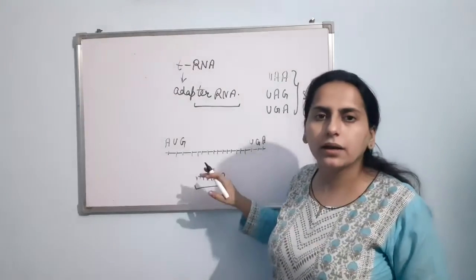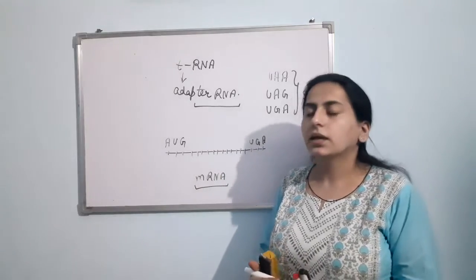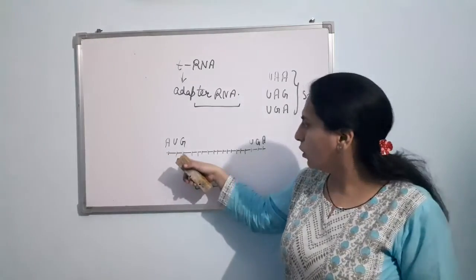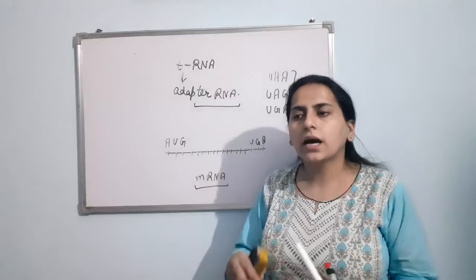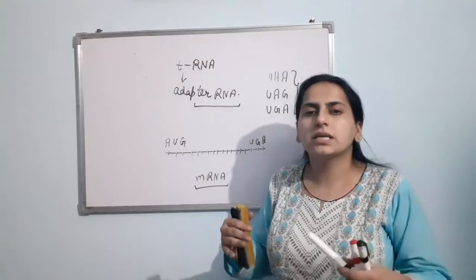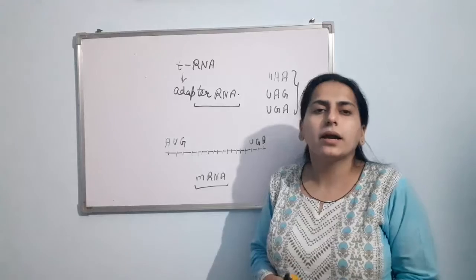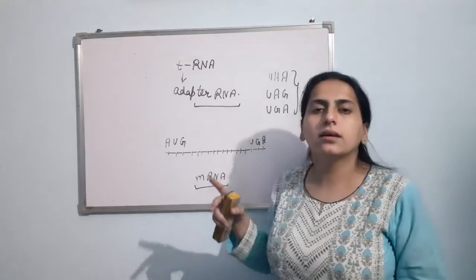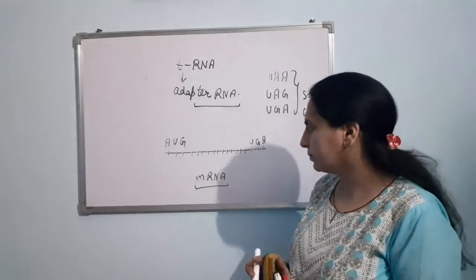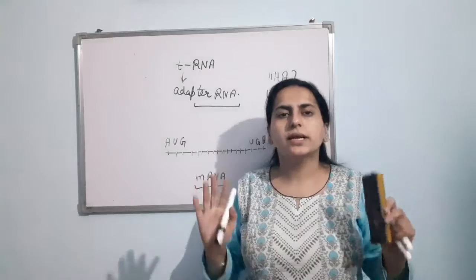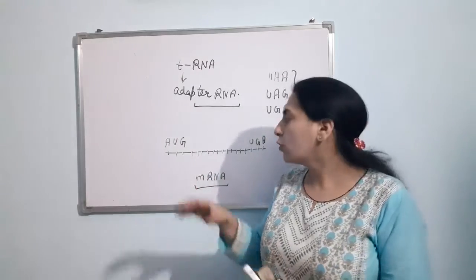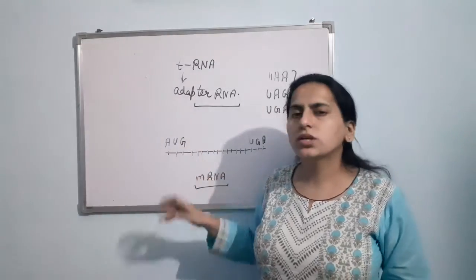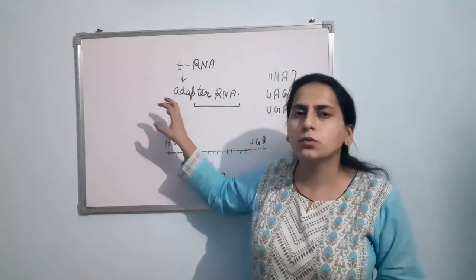So this is an mRNA, or this can be called a translational unit, which has an initiator codon, all the codons in between that contain the information regarding the type of amino acid that is going to be produced, and then at the last there is a stop codon. Now on the mRNA the genetic code is present. According to this genetic code, amino acids are supposed to come. AUG codes for methionine. So now methionine is supposed to come.